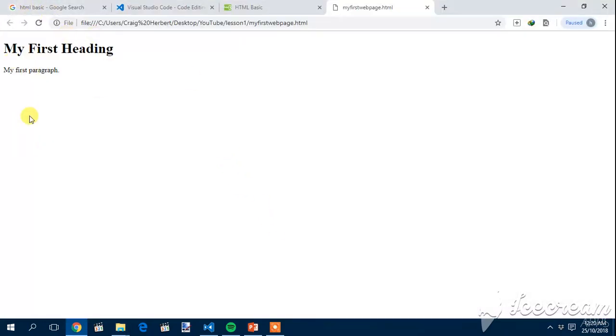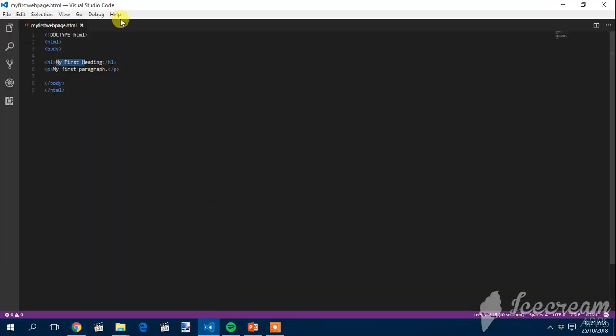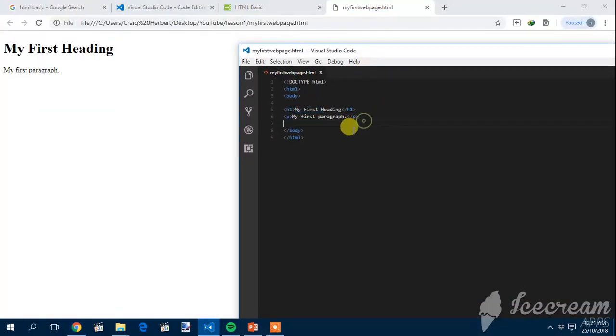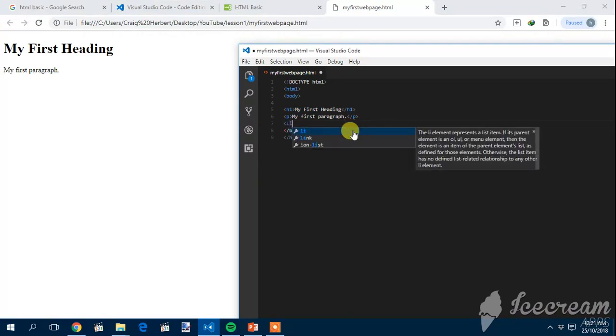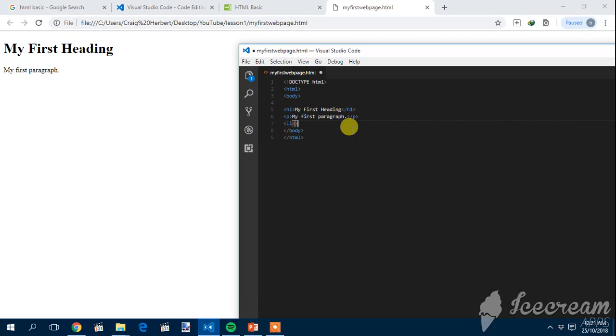So this is how it looks at the moment. My first heading, my first paragraph, right? And so we're just gonna incrementally build on this and then make something like, I don't know, a simple list, right? Something like li, ordered list, right? And then within this, you're just gonna make elements, and then you can just say like